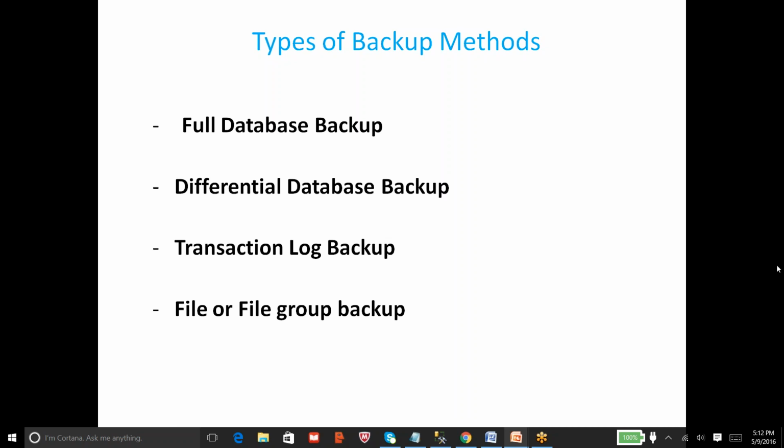So any questions on differential backup or full backup? In our next slides, I'm going to show you a PowerPoint presentation so that it makes it a bit clearer for you. But for now, do you have any questions about a full backup or differential backup?